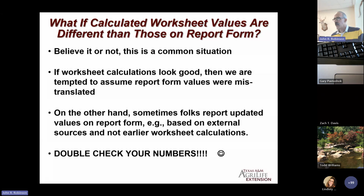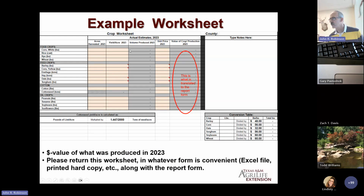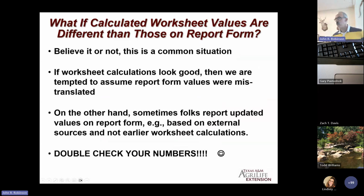All right. Now that leads me to, I'm going to spend a little bit of time during this orientation, more than in the past, talking about errors, common errors. And here's the most common error, believe it or not: we'll get a number, let's just say for corn, that's maybe a little bit different than the reported number for corn, or it's a lot different. We'll get things on the worksheets that are to some degree different than on the report form, which kind of leaves us with